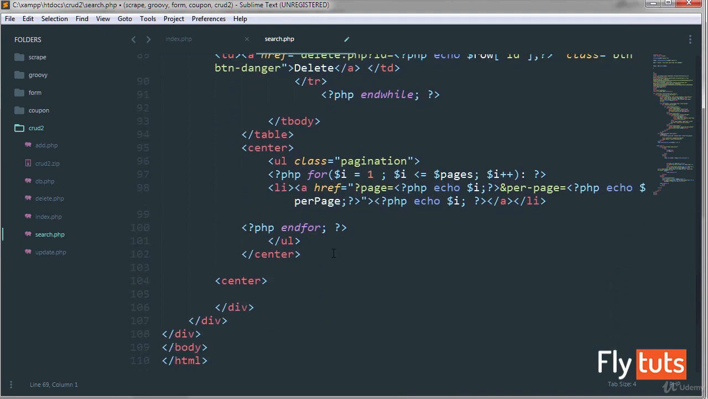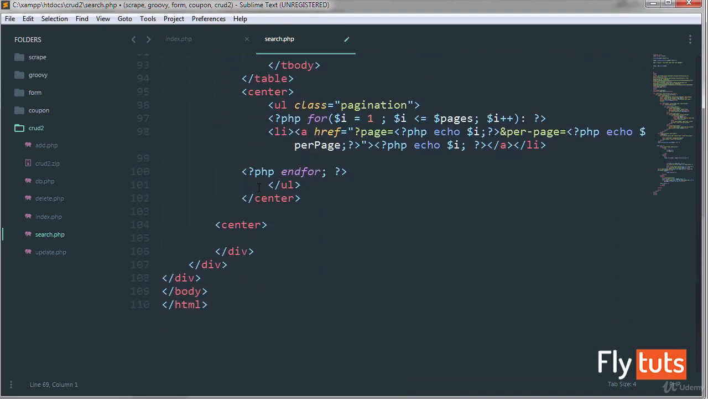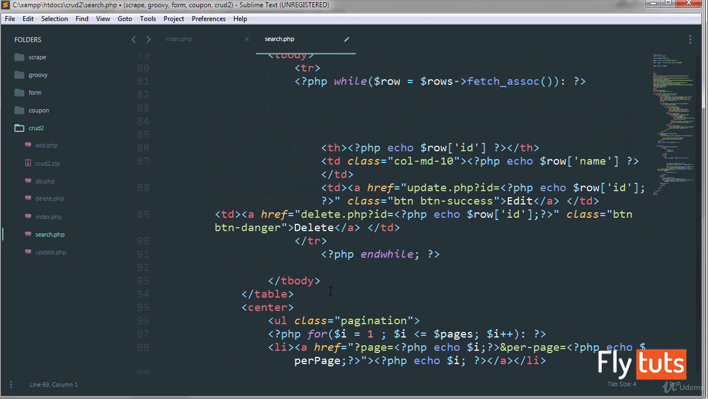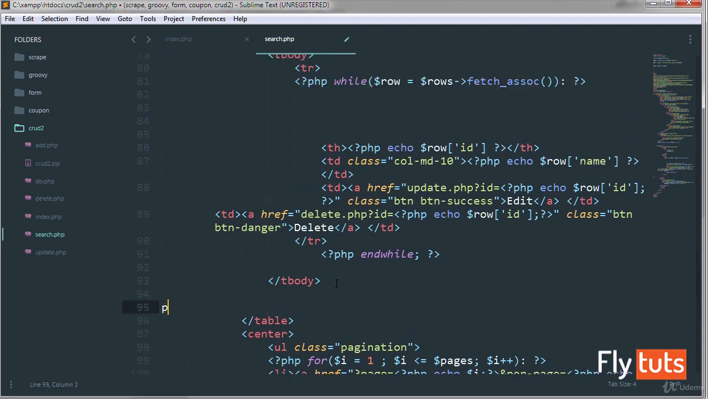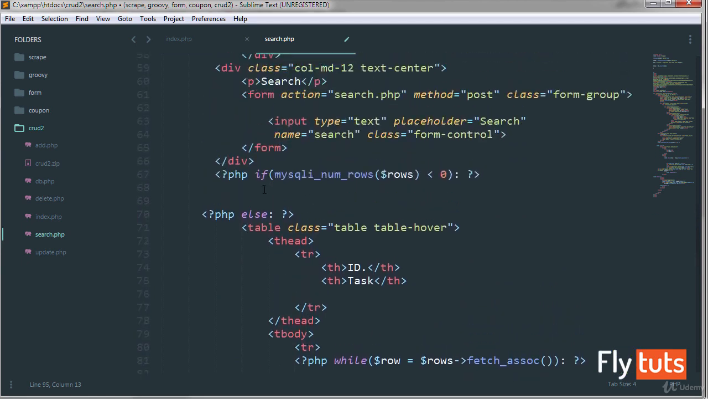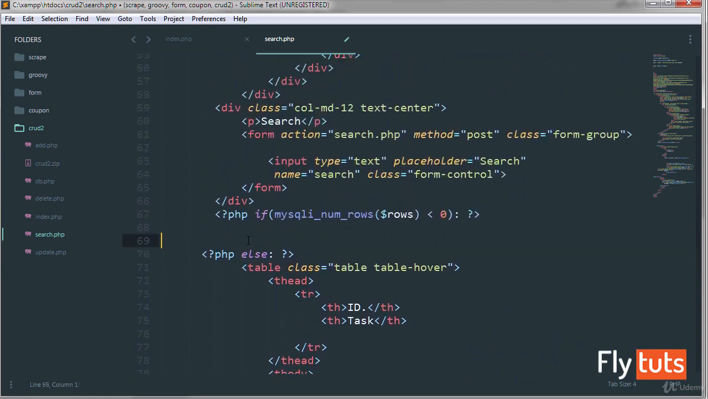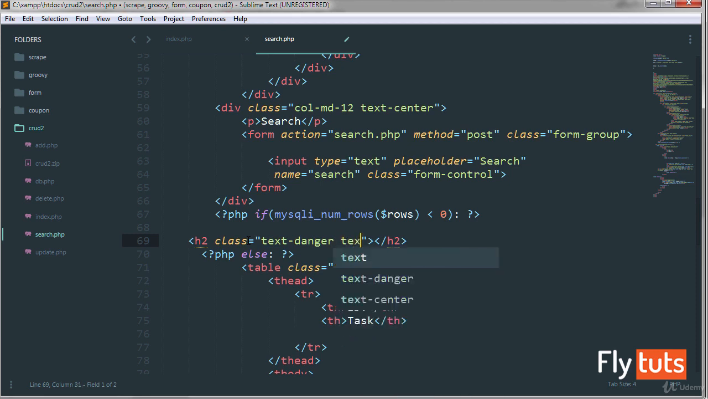and we're going to end the if statement maybe here after the body tag, PHP end if. Alright, so if we don't have any result, what we're going to do, we're going to just display h2. Let's give it a class of text, maybe text danger, so make it red color, and text center,